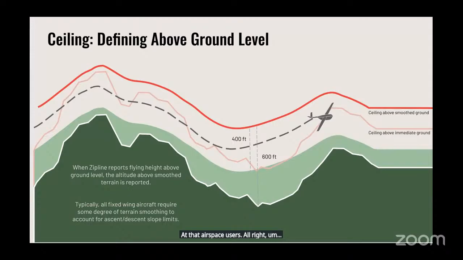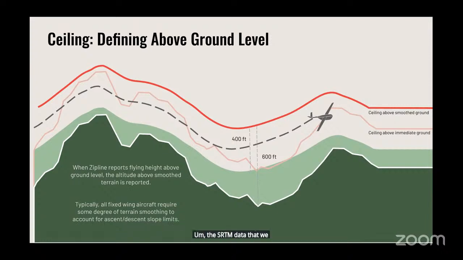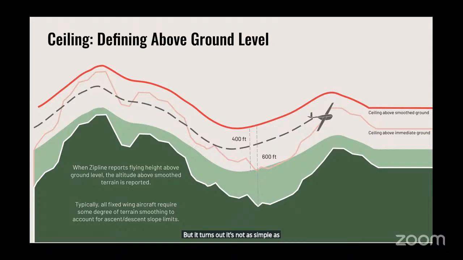Defining the ceiling. So the way we are able to define the ceiling, I mentioned that we are flying roughly 400 feet above ground. The way we are able to do that is with the elevation map that we have. So let's think of the SRTM data that we have. We take that and we are adding 400 feet to it. But it turns out it's not as simple as just taking your elevation data and then adding 400 feet to it. If you do that, then you end up with